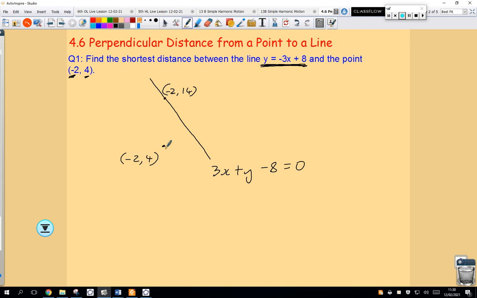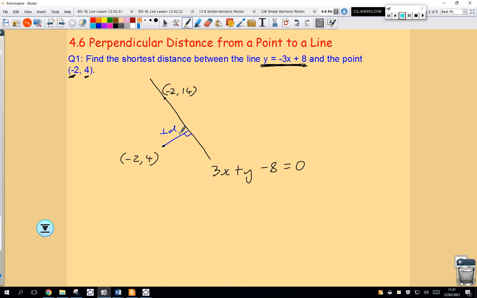This is essentially what my graph looks like. I haven't actually answered the question. It's just to try to get a good picture, and hopefully you can do that reasonably quickly. What I'm going to do is find the shortest distance. What is the shortest distance? Well, the shortest distance is not from negative 2 up here. The shortest distance would be perpendicular to that line. That's the shortest distance between the point and the line, and we call that the perpendicular